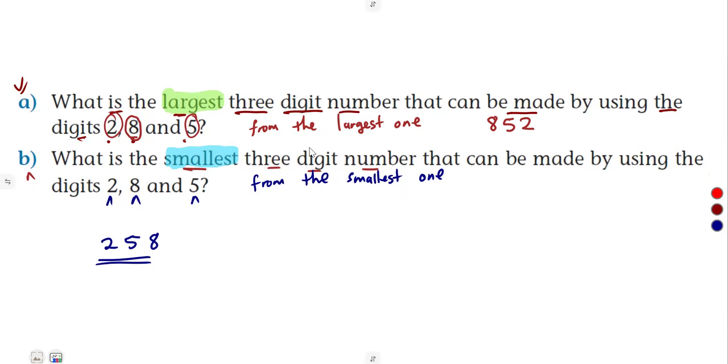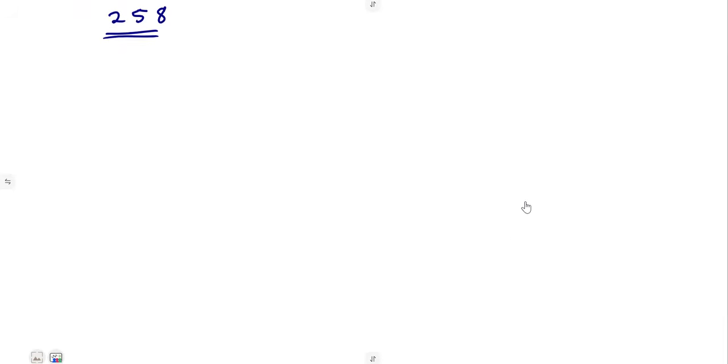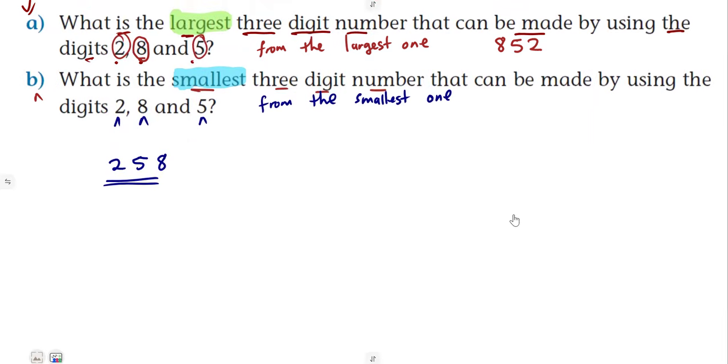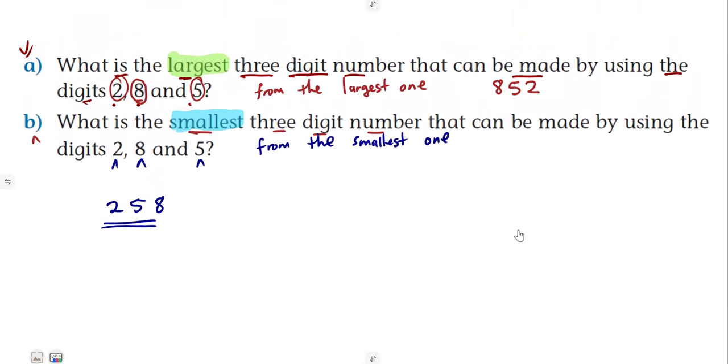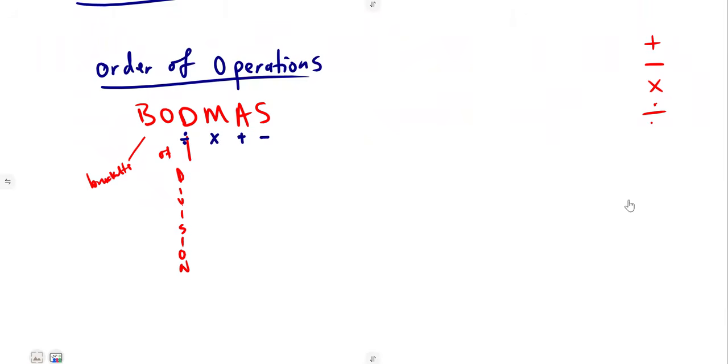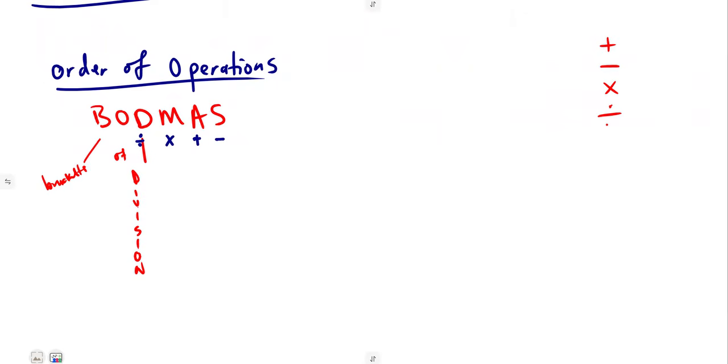So that is how you answer these questions, all right? The largest from the largest, the smallest from the smallest. So just revise a lot of questions so that you can understand what is happening and how to answer these questions. Then on the BODMAS, you can be given questions such as to evaluate, or to simplify, or